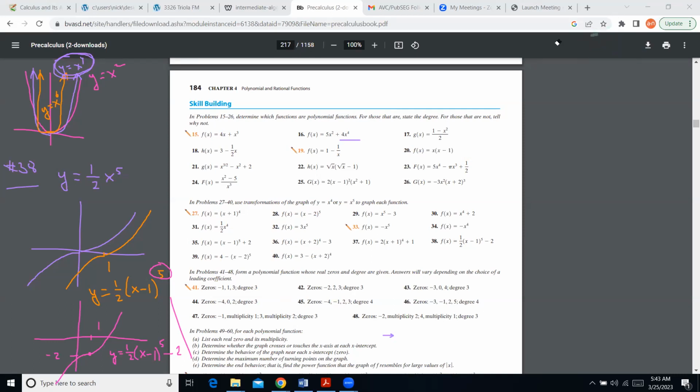And that's the word they are coming up with in this section. Instead of calling them just functions, they actually use the word polynomial. So the key idea for a problem like number 41, which says if the zeros of the function are -1, +1, 3,